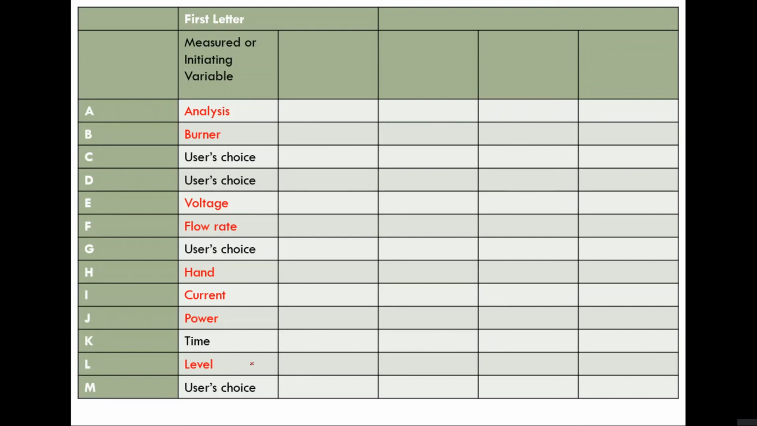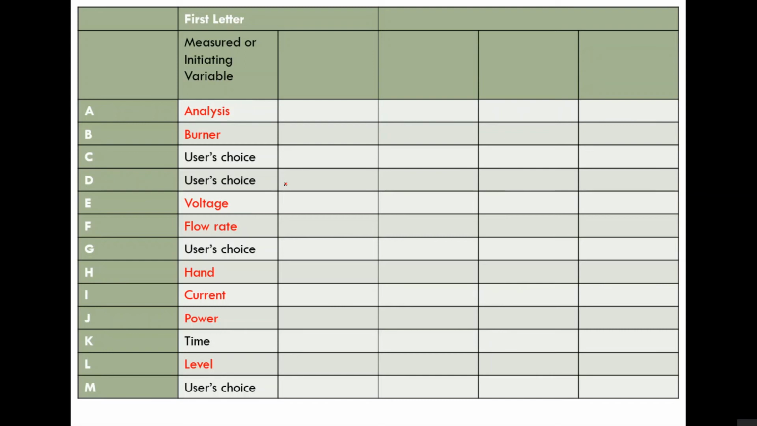Okay, so L is used for level. This is the first letter. Then you can see C, D, G, M. These letters are used for usage choice. Usage choice means some industries need some letters to explain not common variables. Common variables are like level, current, etc. In some situations, they need their own letters to represent some variable. So at that point, we can use C, D, G, and M. Okay, leave it. So please remember,